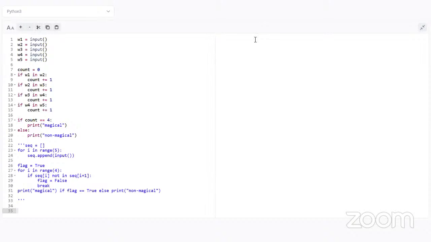This word "in" can be used to compare only strings, or integers, or any data type? No, you cannot be comparing integers. I mean, now he is looking for a particular sequence of letters in another word. Can I look for a particular sequence of numbers in the other input? After you convert it into a string, it's possible, I think. Yeah, after you convert that to a string, that is possible.